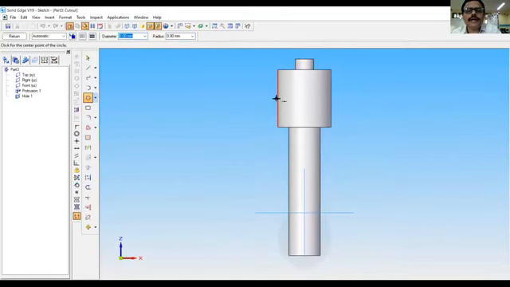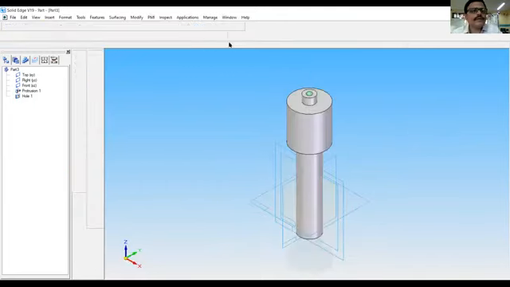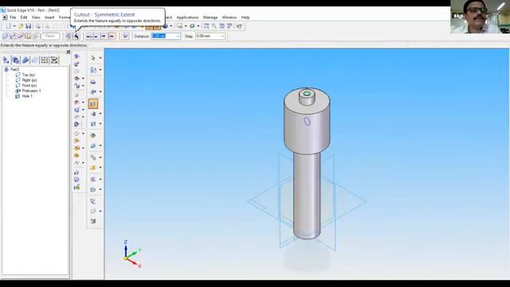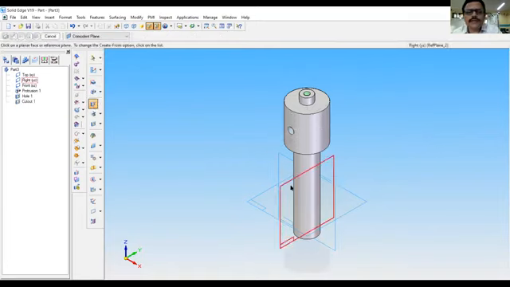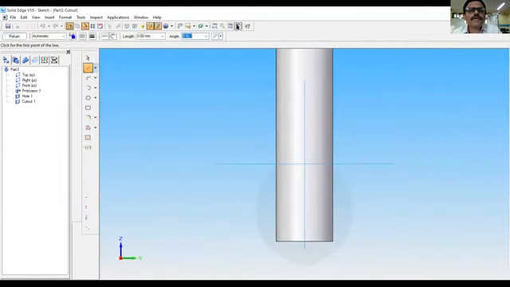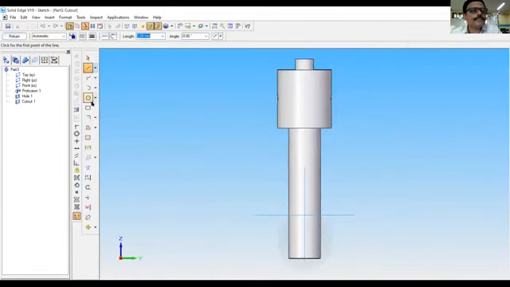It is at the midpoint. You can see it is to be done like this. This is 12 mm. Return. Then go to symmetric extent. Finish and cancel. Similarly, cut out on this plane also. So there are two holes. Circle by center method.